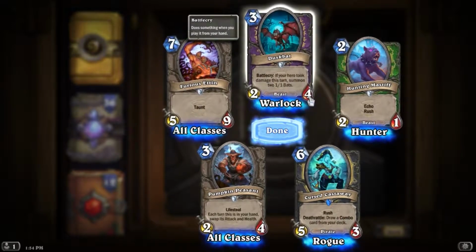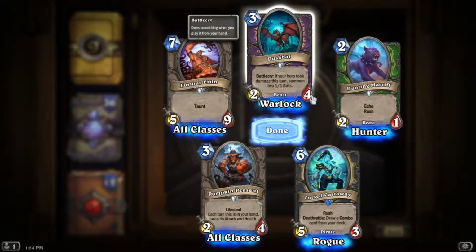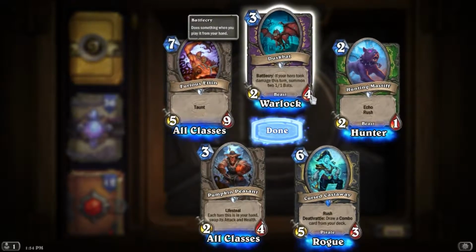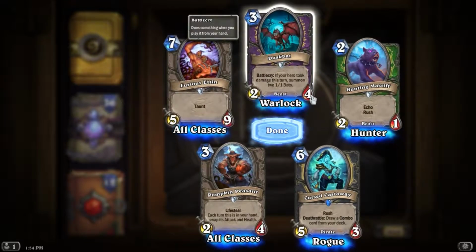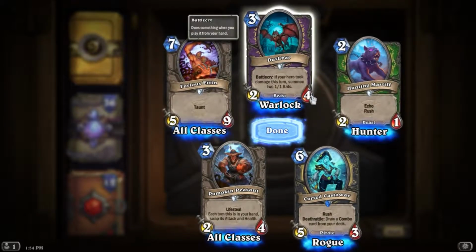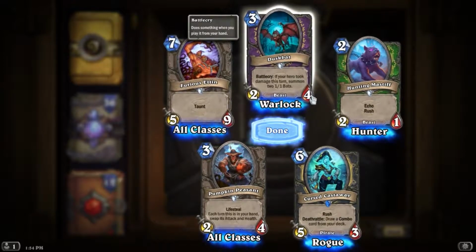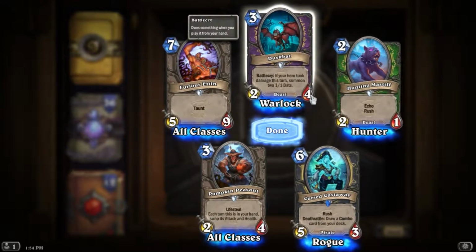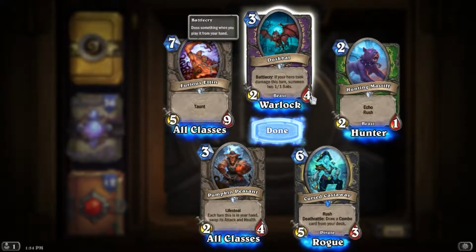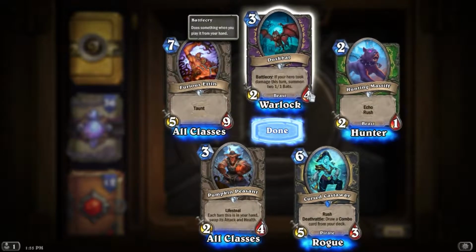Anyways, Dustbat, 3 mana, 2/4, Battlecry: if your hero took damage this turn, summon 2 bats. Okay, that's kind of interesting. So you can life tap and play this in 5. You're basically getting 4 or 5 of stats, which is meh. But of course, Warlocks only have weapons, so it's gonna be kind of harder to take damage. There's maybe a Flame Imp or something, and then you can get this for 4 mana essentially,